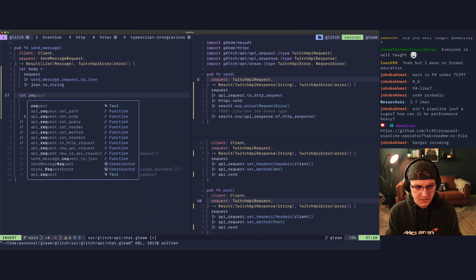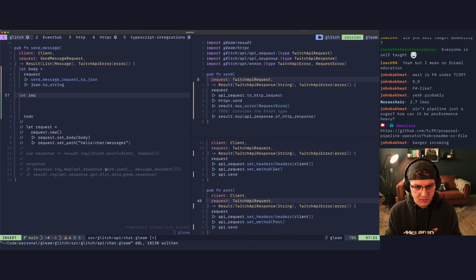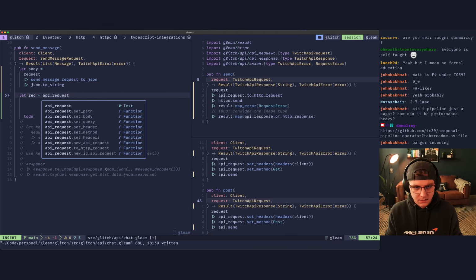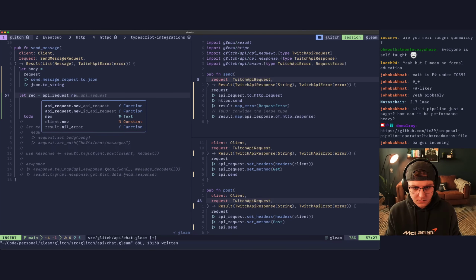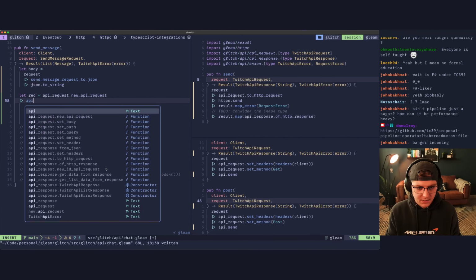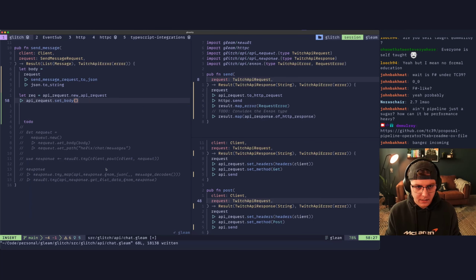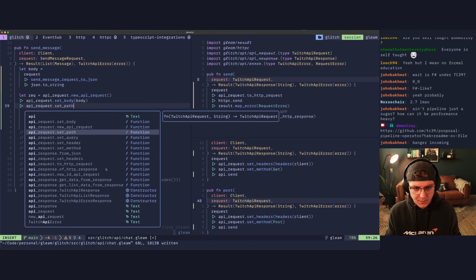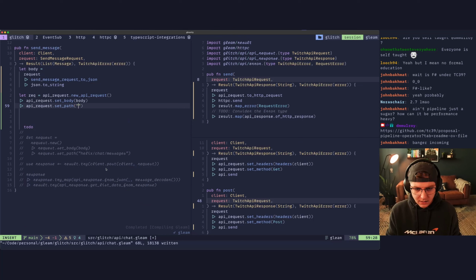We'll probably be able to pipe this, but it'll be API request dot new API request. Then we're going to pipe that into API request dot set body, and that'll be body. That's a function call. And then we pipe that into API request dot set path, and the path will be